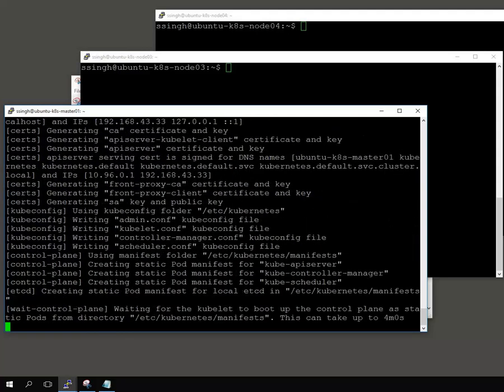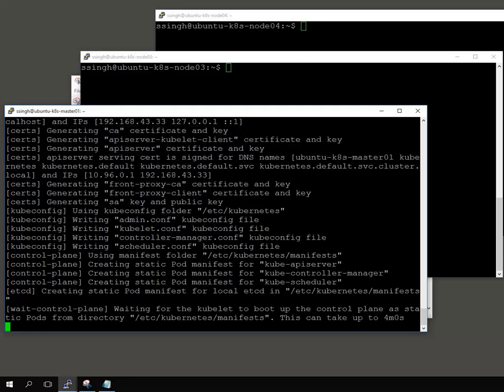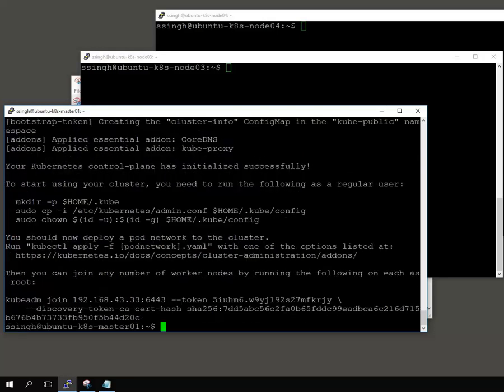Once the pre-flight checks have been completed, it will generate the certificates. If we use kubeadm, the certificates and kubeconfig files are generated by kubeadm. But if you want to create your own certificates and kubeconfig, you can, but that is actually a complex thing.